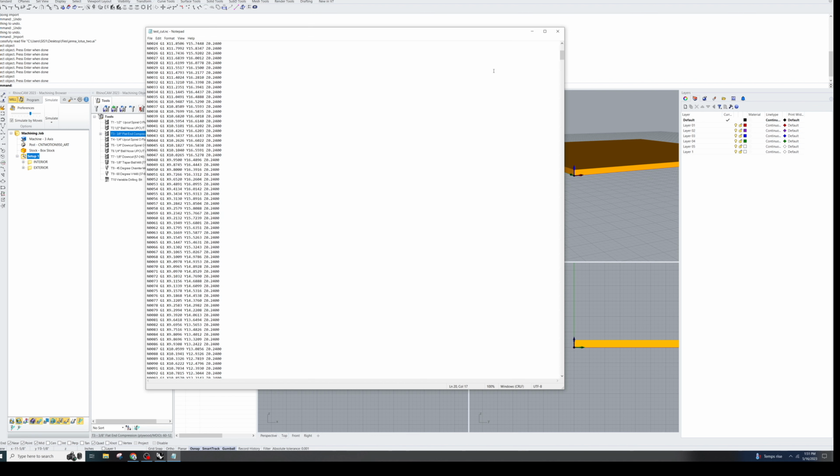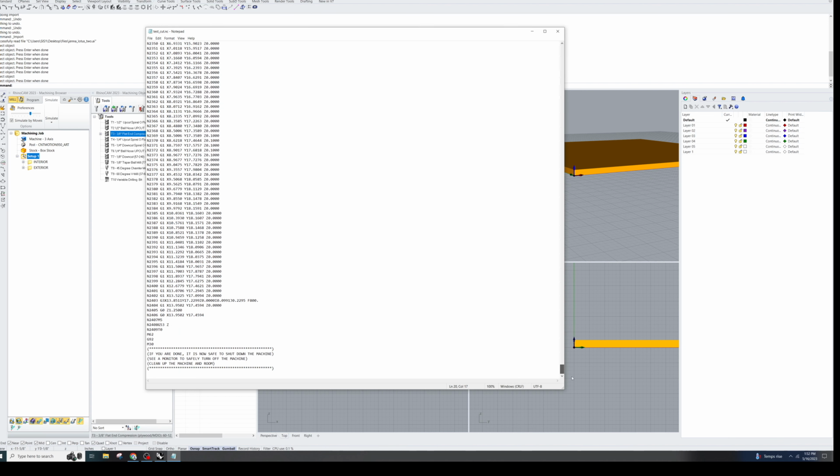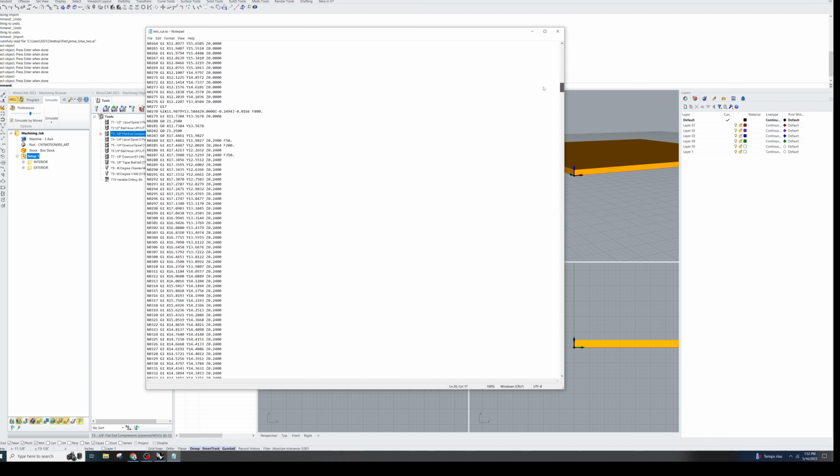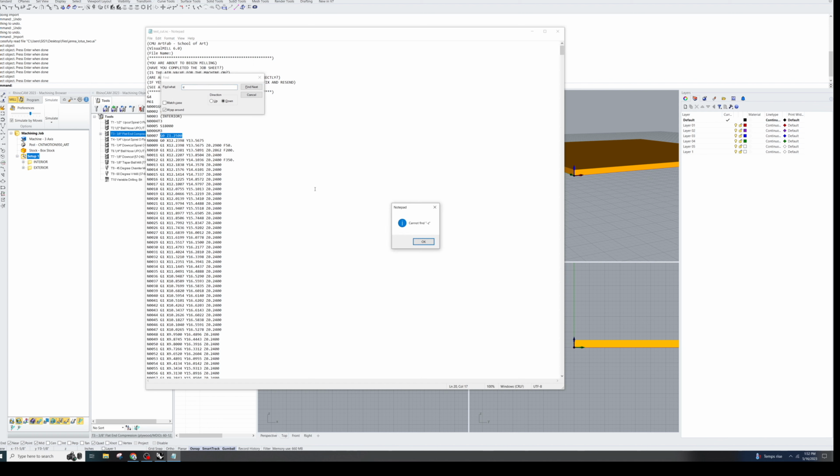It should be pretty long. If your code is short, you probably accidentally only posted one of your cuts. So you want to make sure everything looks essentially correct. You can also do a Control F to look for any negative Z's. Make sure it's not going to plunge into the plane, and then you're going to save this